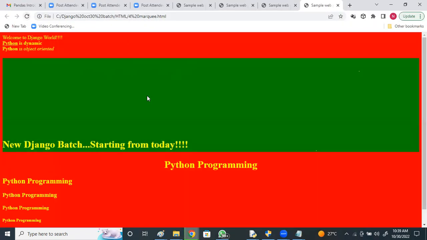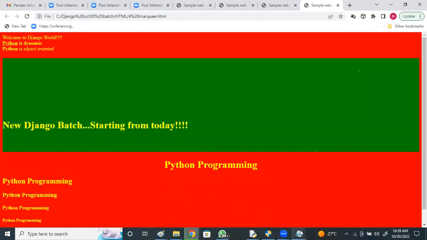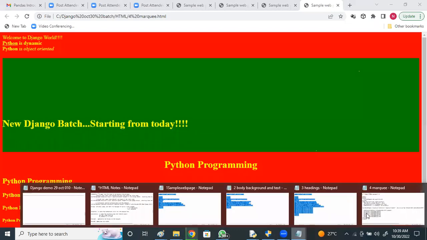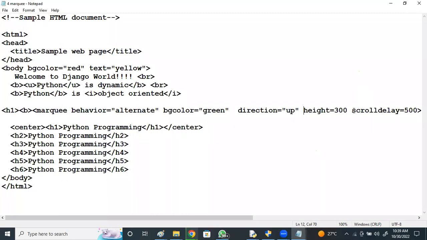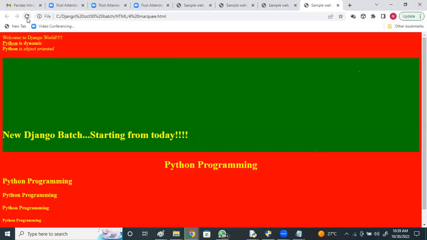In this way. Don't give the speed, scroll delay, I will remove it. By default it takes the default value if you're not providing anything. None of those arguments are mandatory; if you give them, it will work.